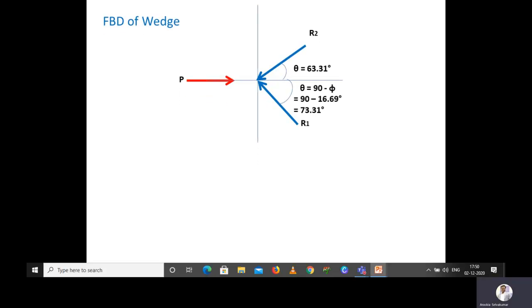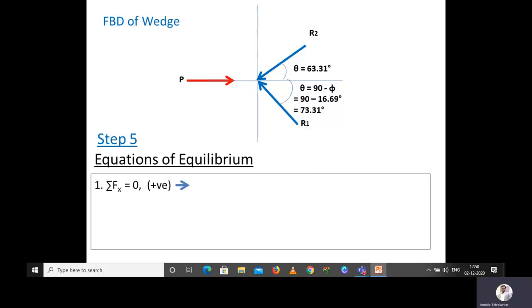The free body diagram of the wedge, you know that, so the same thing I am taking. In step 5, we are going to substitute the first equation of equilibrium, that is the summation of forces acting along the horizontal axis, otherwise x-axis, is equal to 0. As before, towards right we are assuming it as positive. Here the force P is acting towards right, so it will be positive. But we have two inclined forces, R1 and R2, so we have to calculate the horizontal component and vertical component for these two forces. First for R2, R2 cos 63.31 degree